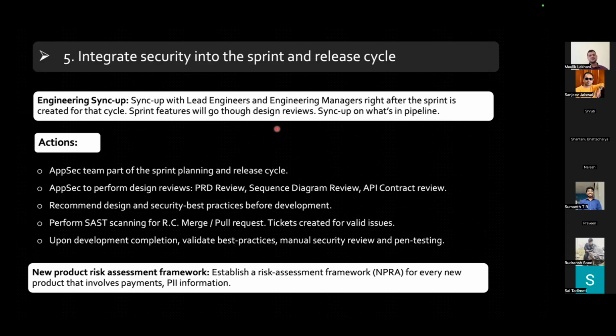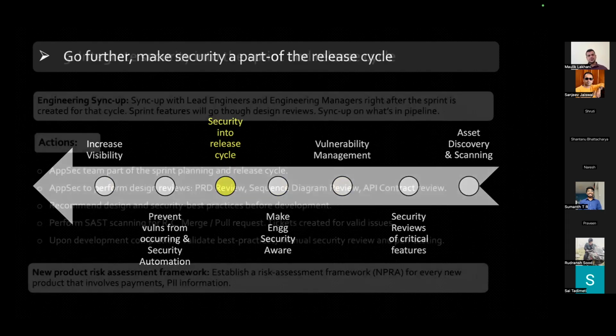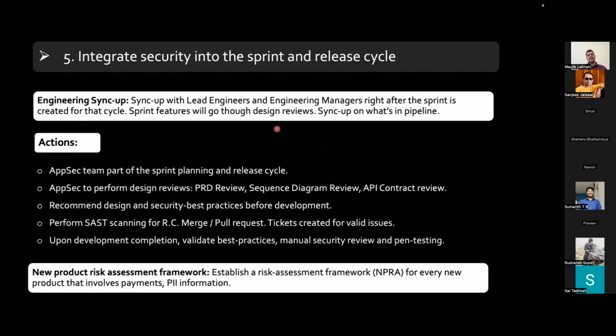So their cycle is so fast, they genuinely don't have the time to listen to product security or application security teams. So when you go to them and say that I want to become part of your sprint or release cycle, they are likely to take it as another headache. Instead, you tell them that whatever activity we performed so far, we have found so many security issues that it makes sense for you to become secure by design. And let me tell you what benefit you will get out of it.